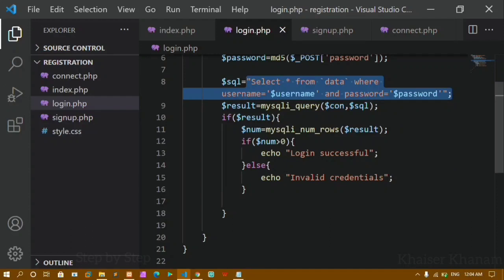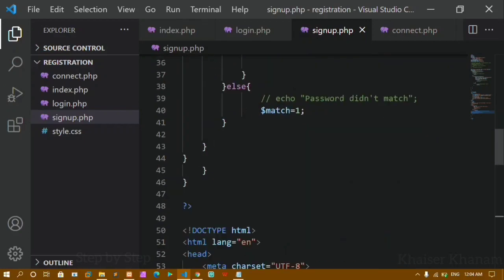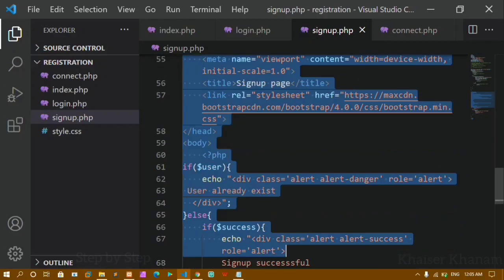And here I'm just checking the condition. If the data is present, which means that the number of rows is greater than 0, and only then I have to get this data login successful, or else I'll be getting this invalid credentials. Okay, here I'm having these two conditions. So for that, I'm just going to style that one. I'll just come to signup.php, and from here I'll just copy this entire thing,